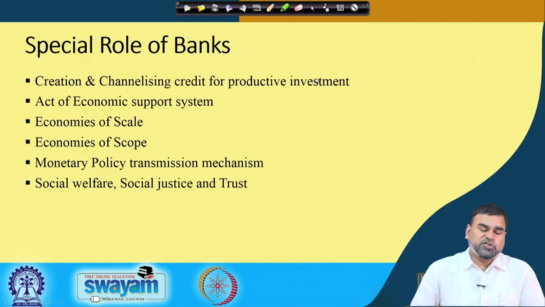Then another question is, the banks are special among all the intermediaries which work in the system. Why are they special? There are certain characteristics the banks have, which other kinds of financial organizations may not have, even if they are operating in the same system. Then what are those? Banks are special in creating and channelizing the credit